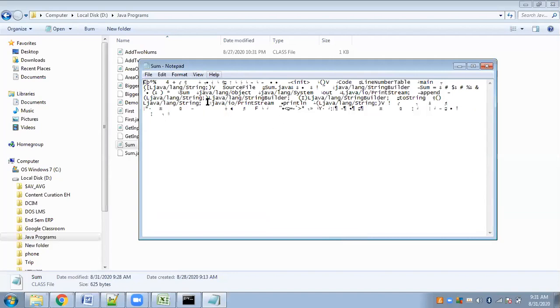Now this will be interpreted. The Java virtual machine, that is the JVM, will take this bytecode and convert it completely to machine code so that it can be easily understood by the machine and executed. That is why we say that bytecode is partially machine code.